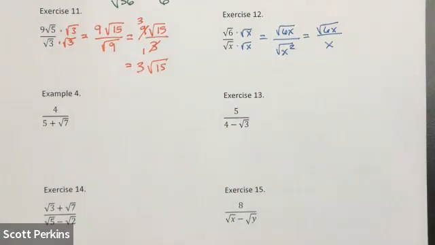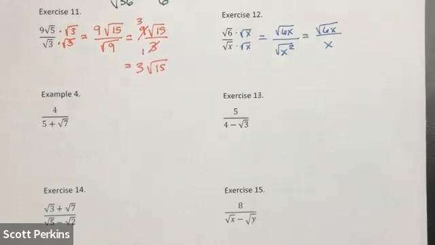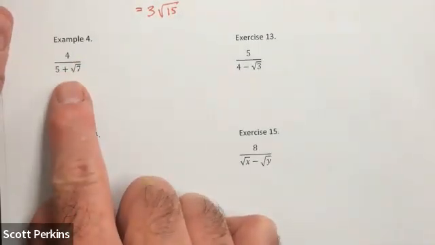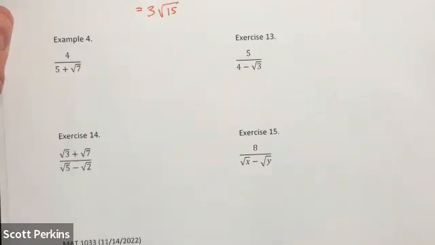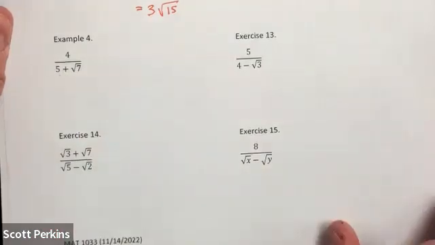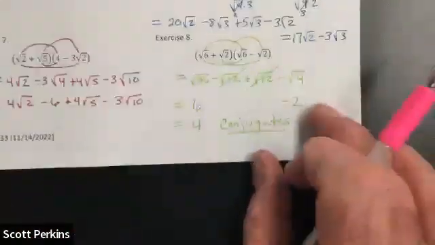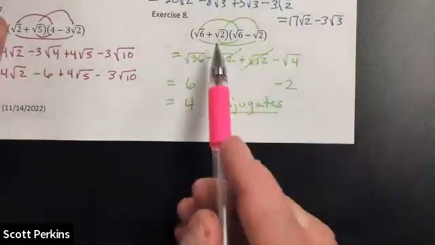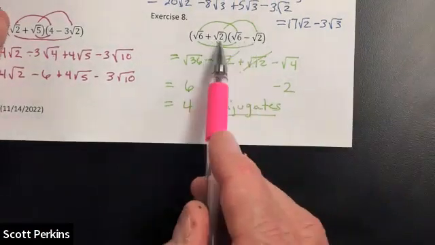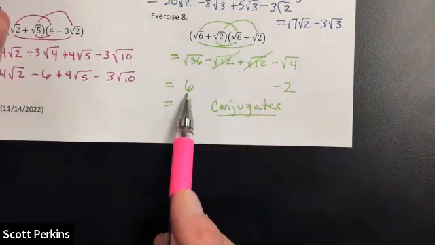Okay, if you got any questions, please ask them before we get to the finish line. Here's how we're going to end our day. I need to do the same process in example 4, but this time notice I've got 2 terms. Well, this is where, you don't have to flip the page, but I am. This is where, just to remind us, this is where this process comes in. I'm going to remember that, hey, if I multiply by a conjugate, I'm going to end up with something with